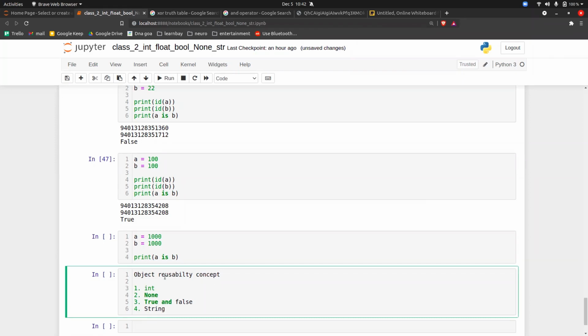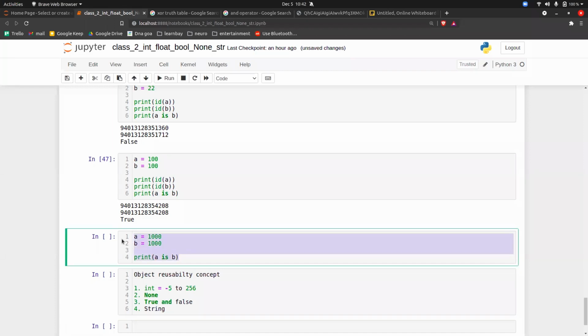But here is also a but. For an integer, it is only applicable from -5 to 256. And that's the reason this is giving you a different answer.